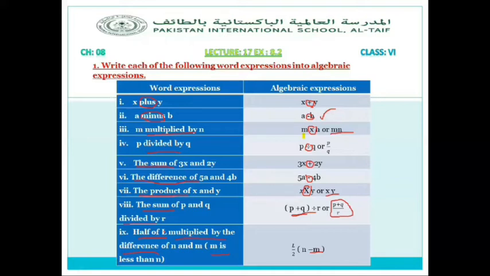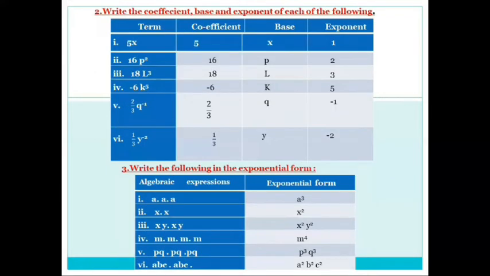Dear student, in question number 2 we are given the terms: 5x power nothing means 1, so 5x power 1, 16p power 2, 18l power 3, minus 6k power 5. Here 2 over 3q power minus 1. Here 1 over 3y power minus 2. Dear student, here we have to